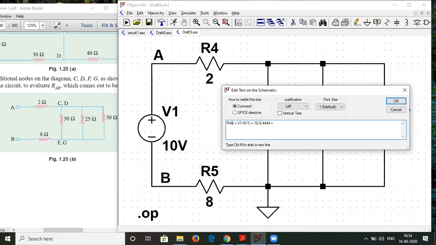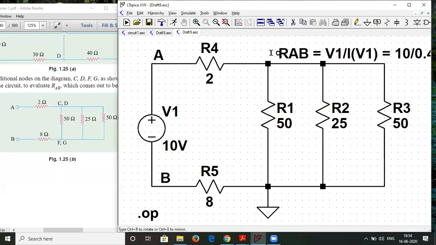Do it live and let me know 10 divided by 0.444. Kindly let me know the value, please. 22.52. 22.5, yes, maybe 22.52 or something, right?